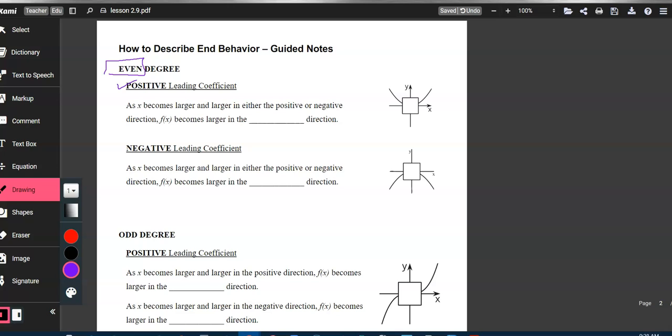As x becomes larger and larger in either the positive or the negative direction, the f of x, the outputs, are getting larger in the positive direction. f of x approaches positive infinity, so it becomes larger in the positive side,